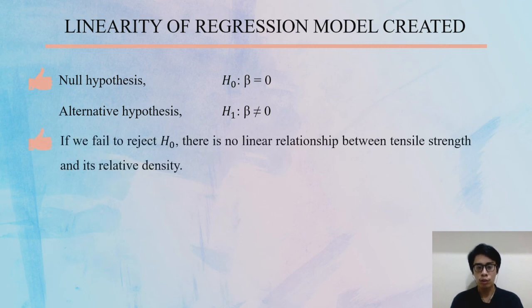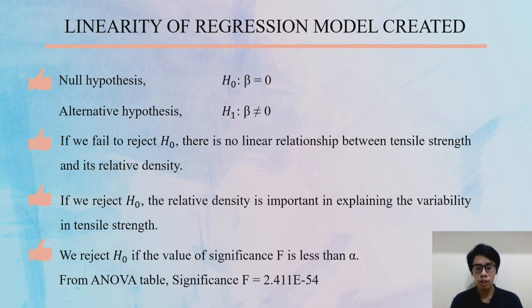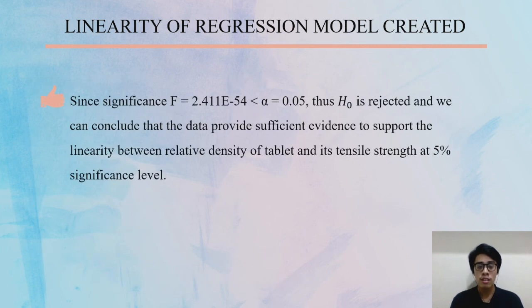If we fail to reject H0, there is no linear relationship between tensile strength and its relative density. However, if we reject H0, the relative density is important in explaining the variability in tensile strength. We reject H0 if the value of significance F is less than the significance level. From the ANOVA table, the value of significance F is equal to 2.411 times 10 to the power of negative 54. Since significance F is less than the significance level,